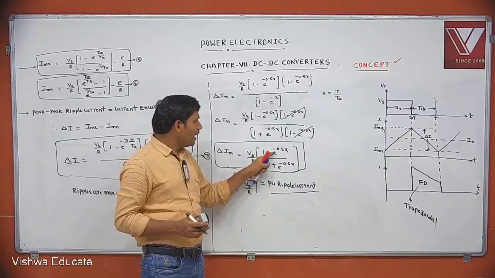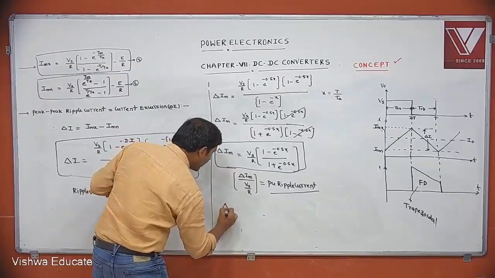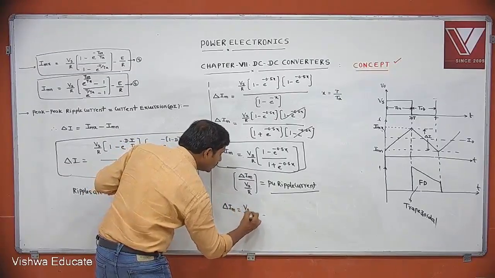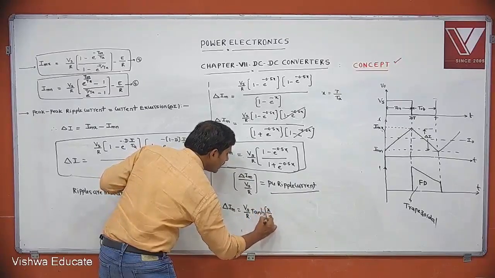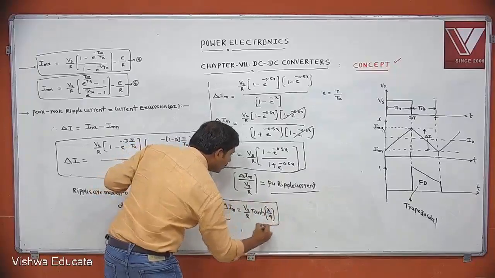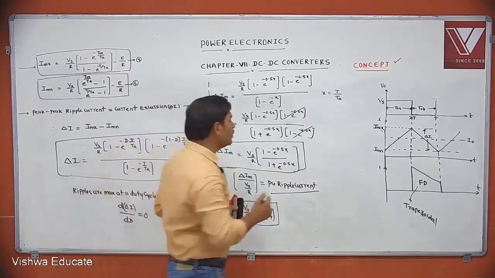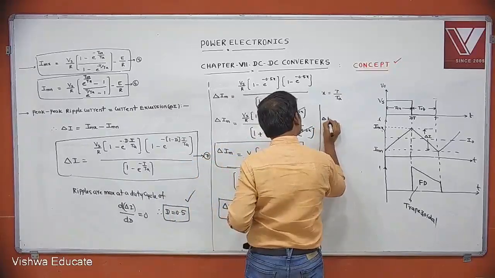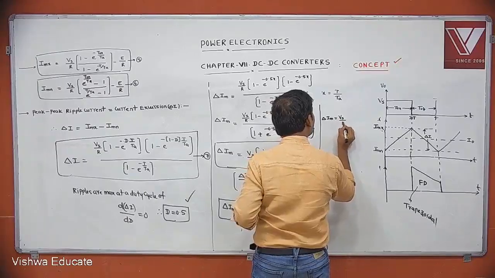Then what is the maximum value of ripple current? It equals Vs by R into tanh x by 4. Then the maximum value of ripple current equals tanh x by 4. But what is the x you have taken? x is T by Ta. Substitute that here. What you get is the maximum ripple current equal to Vs by R into tanh of